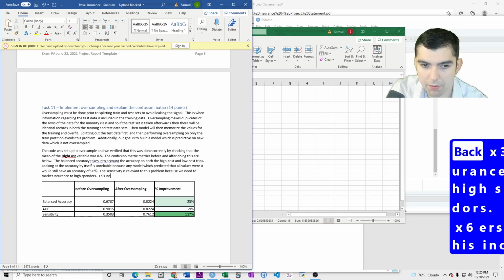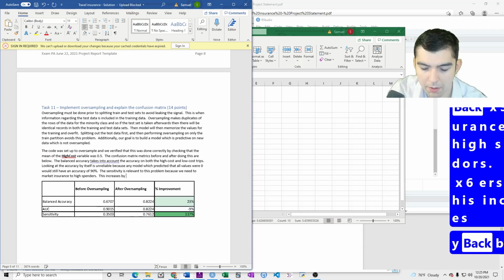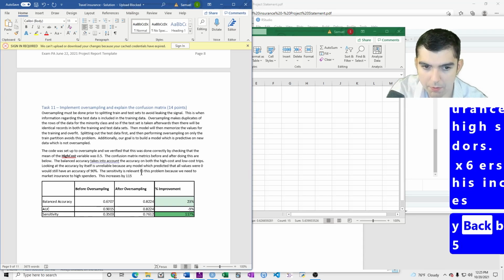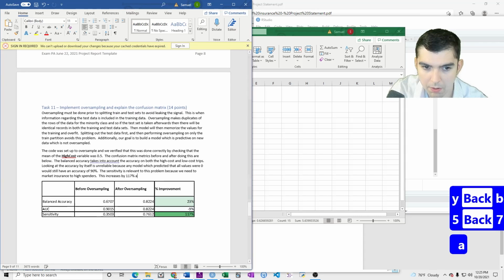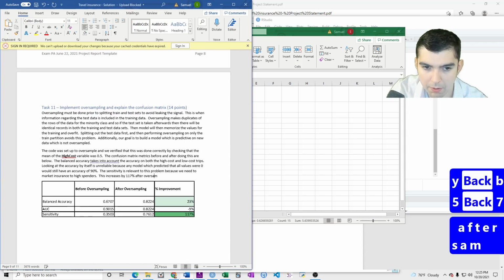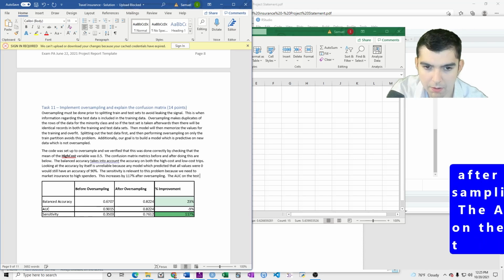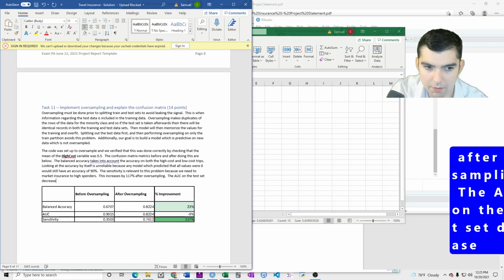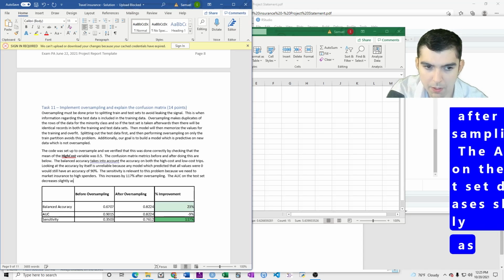This increases by 117% after oversampling. The AUC on the test set decreases slightly as a trade-off.